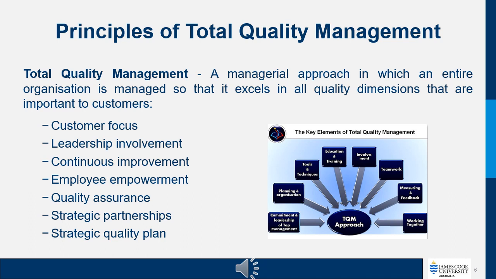TQM involves implementation of various quality management techniques like statistical process control, Six Sigma, and Kaizen. To achieve continuous improvement in quality, it requires commitment from top management to provide the necessary resources and support for quality improvement efforts. The benefits of TQM include improved customer satisfaction, increased efficiency, reduced costs, and improved competency as well. By focusing on quality, organizations can enhance their reputation and increase customer loyalty, leading to increased revenue and profitability.